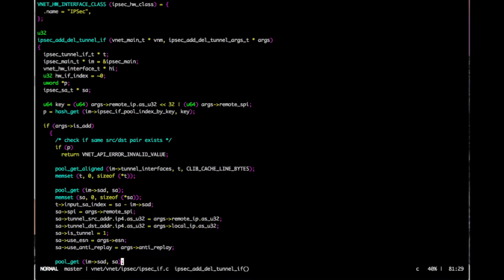32 bits for a remote IP address and 32 bits for SPI. So when we receive a packet from the remote side, we will use this key to find our tunnel instance. So the first thing we are doing here is trying to calculate the key, because this is the way to see if there is already the same tunnel. We can report an error if there is a tunnel with the same remote IP and remote SPI present in our pool of interfaces. And then if we are adding an interface,